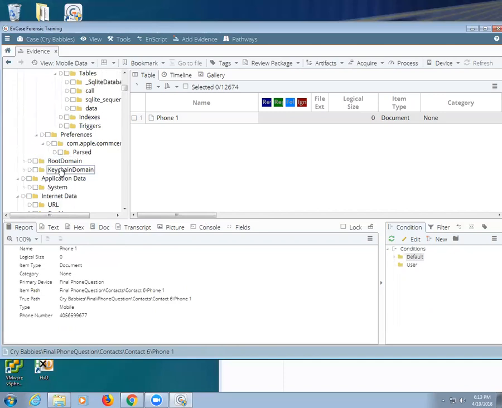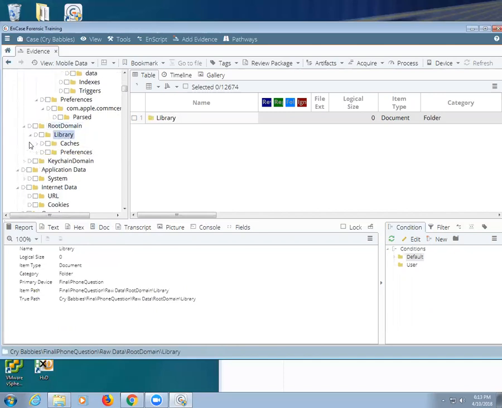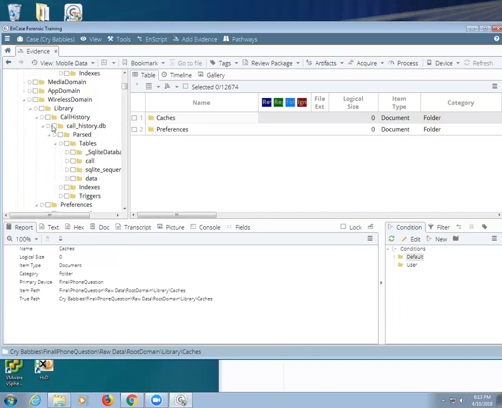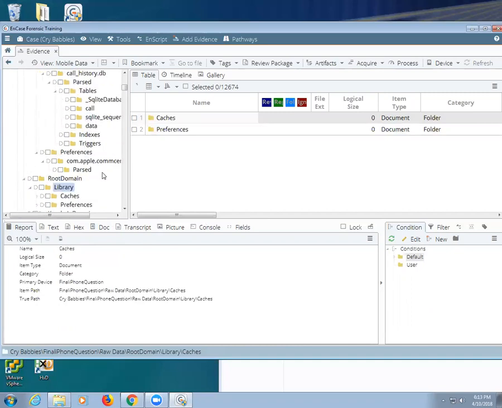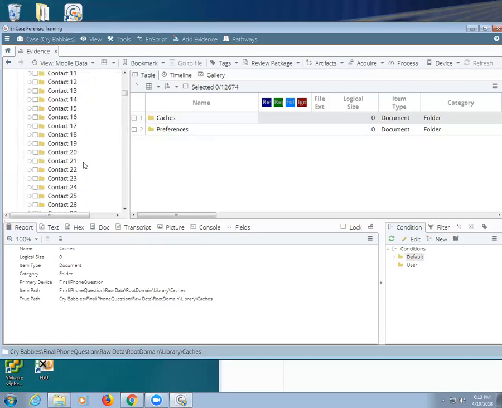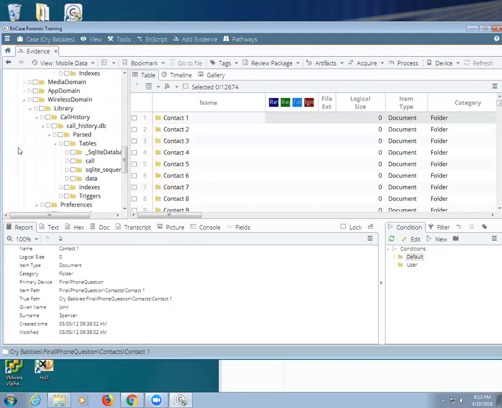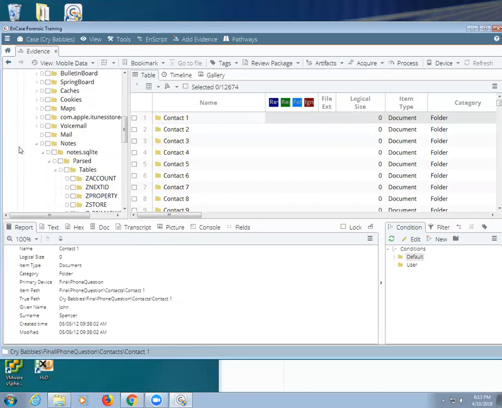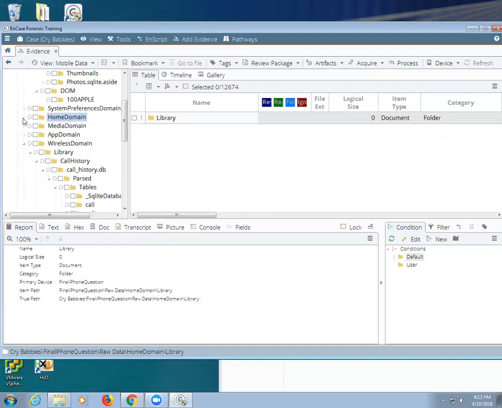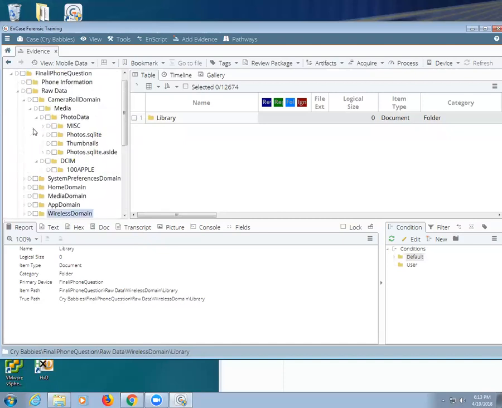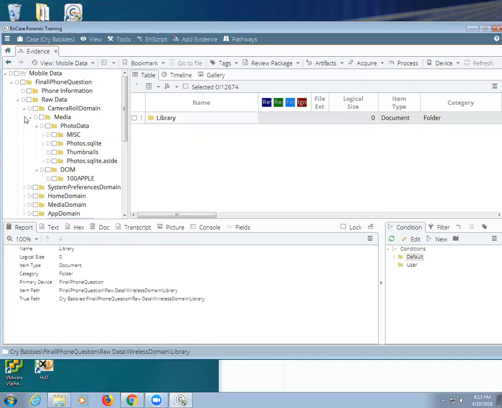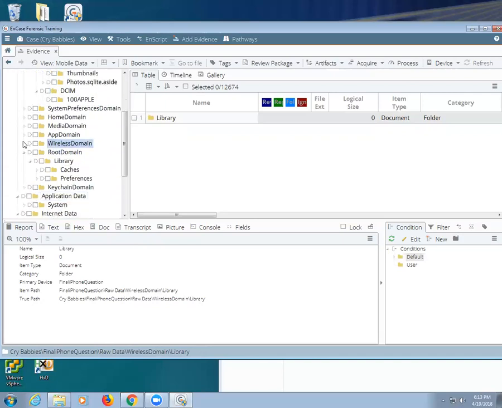Where's the Wi-Fi? Trying to find the darn thing. I wonder where the Wi-Fi data is stored. You're asking on the raw data? Yeah, raw data. Okay, hold on. Go back up. Raw data. See there, I thought it would be in the wireless domain. Let me try to minimize all these. Okay, try root domain. That's what I thought it was, but I looked in there. It's not in root.